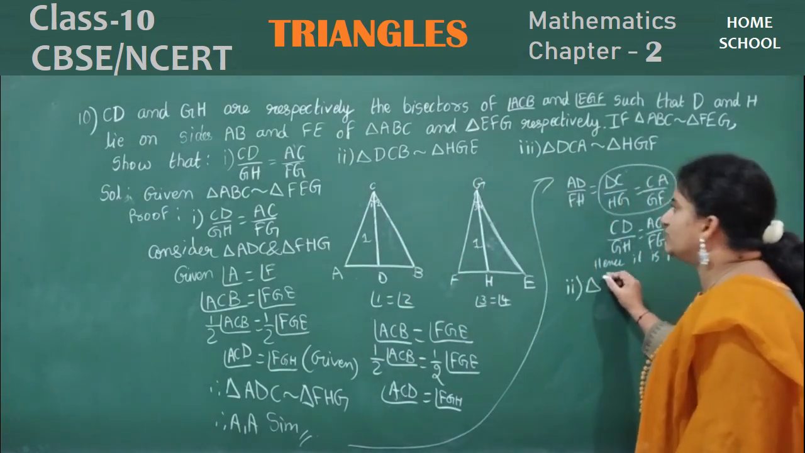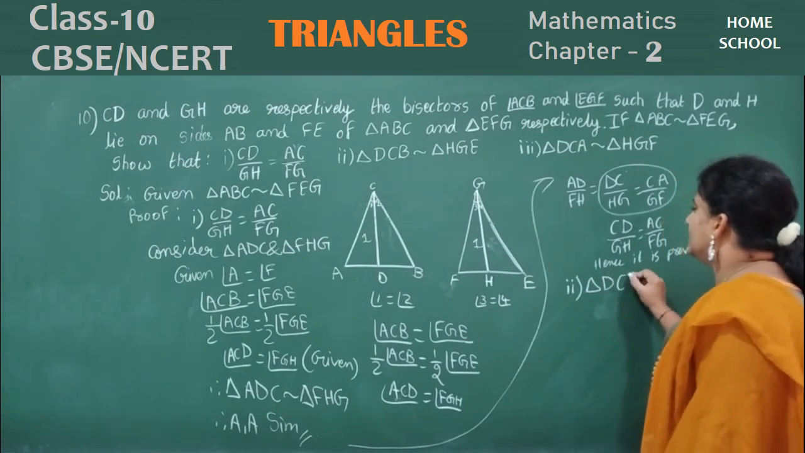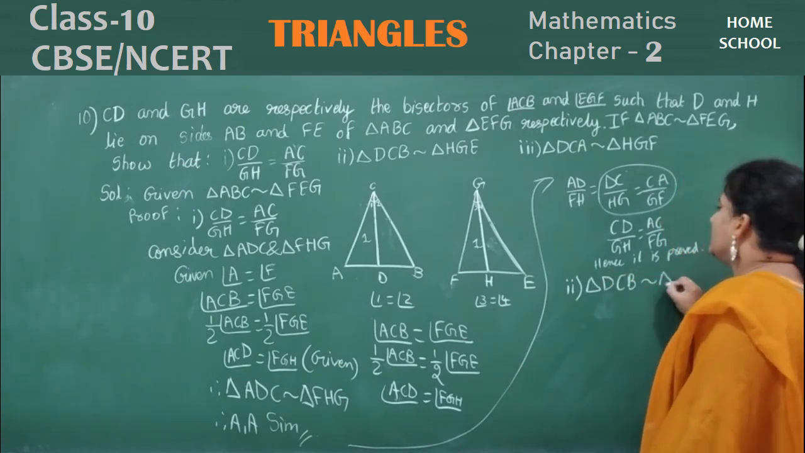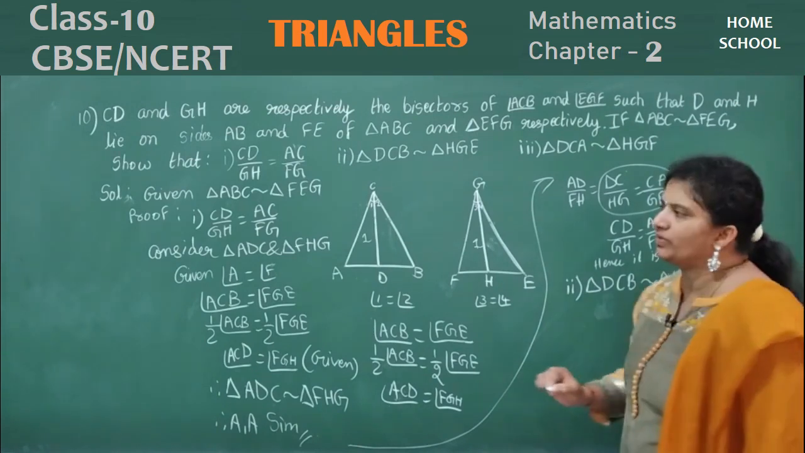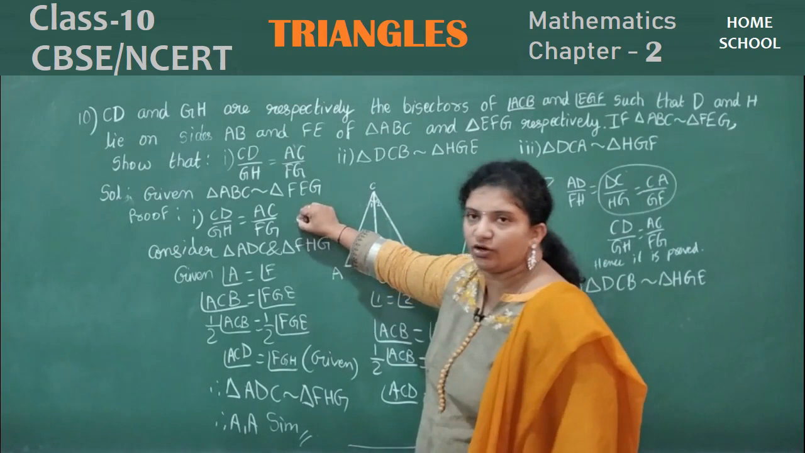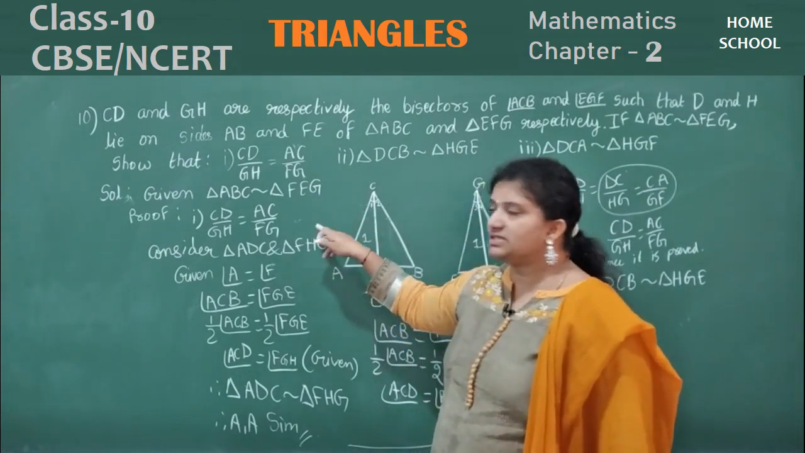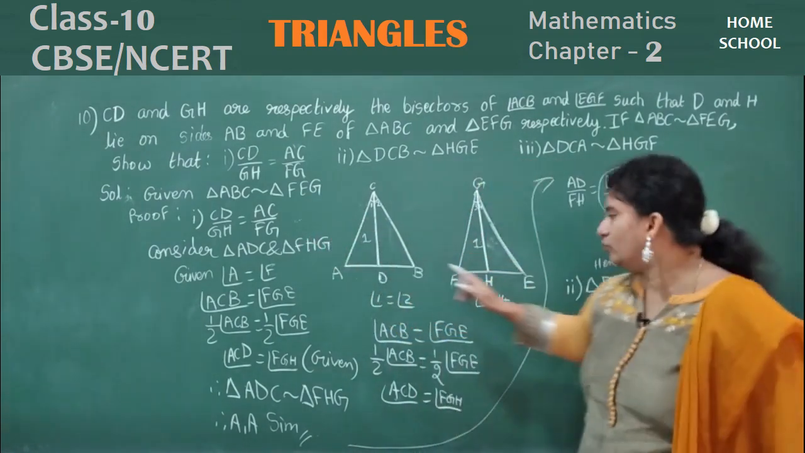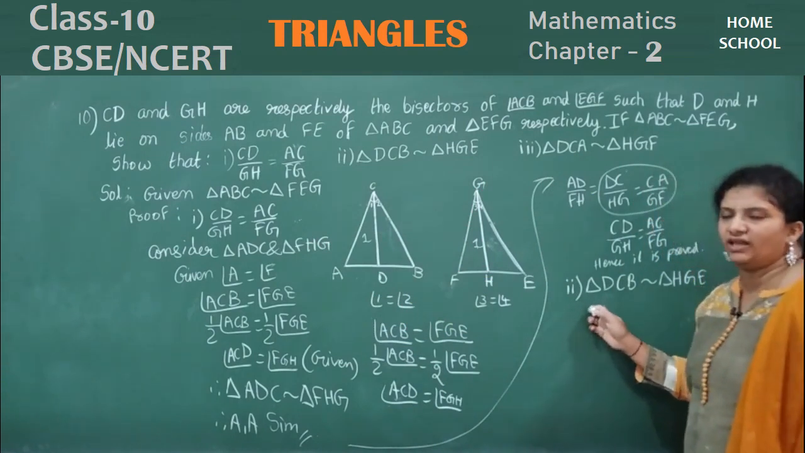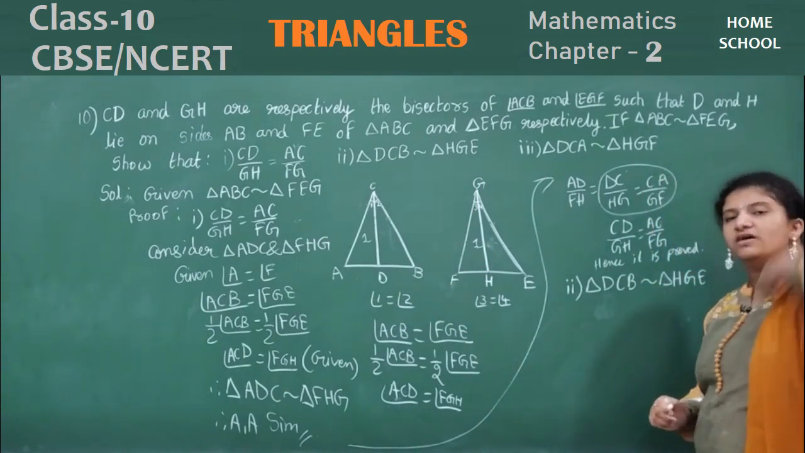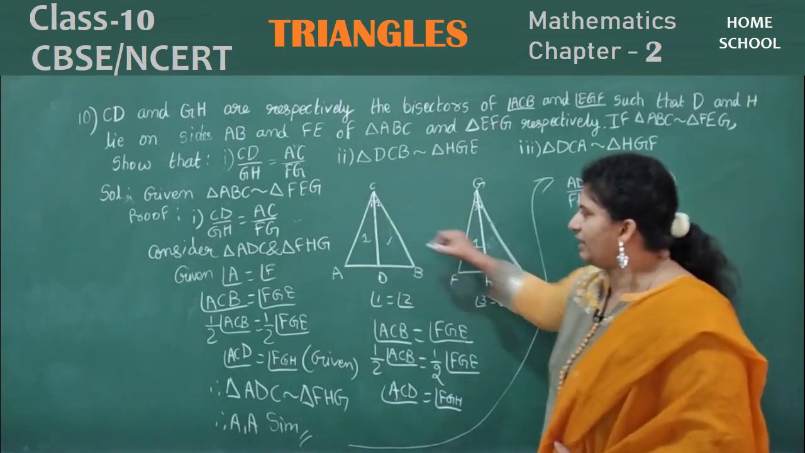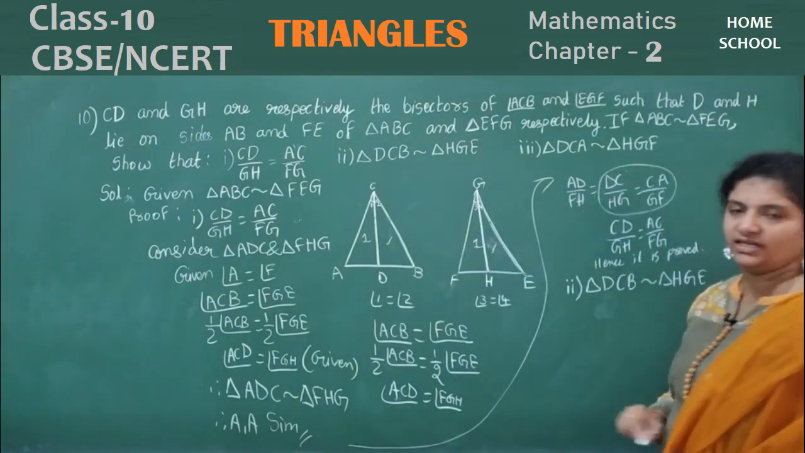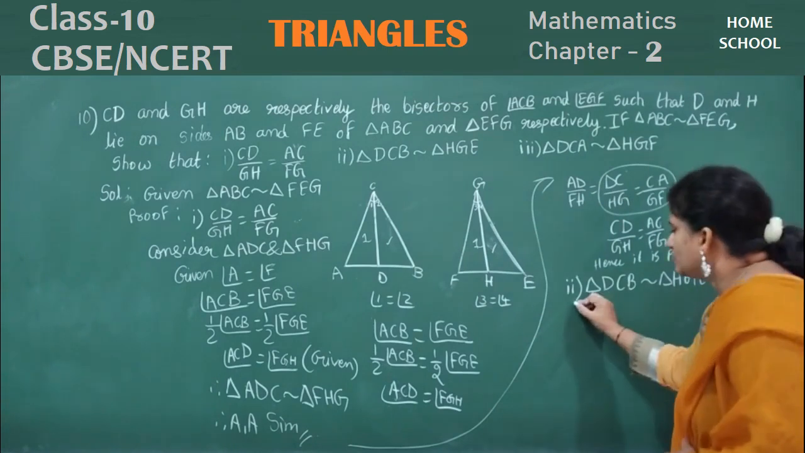What is your second question? Triangle DCB similar to triangle HGE I need to prove. This is the question, children. Don't consider they have given. This is the question we need to prove. Now, second question I have taken here. How can I prove this? First, let me consider the two triangles, DCB and GHE triangle. Okay. So, now write here,